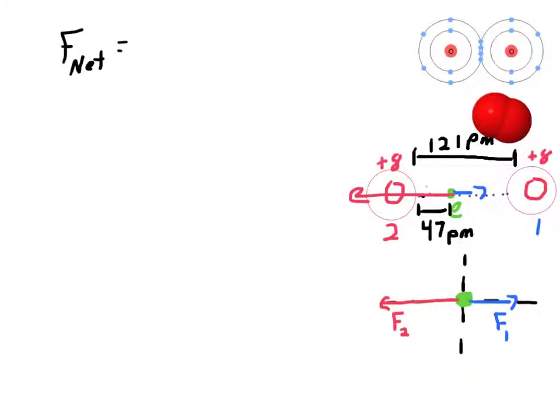I have 2 forces, right? I'm going to have F1 and F2, and let's call this way positive and that way negative. Don't forget, whenever you're doing Newton's second law problems, free body diagrams, or adding up vectors, you have to choose positive and negative. So F net is going to be F1 plus F2, right? So F1 plus F2. Excuse me, that shouldn't be plus, that should be minus F2 there, because F2 is going the negative direction. Now, F net,